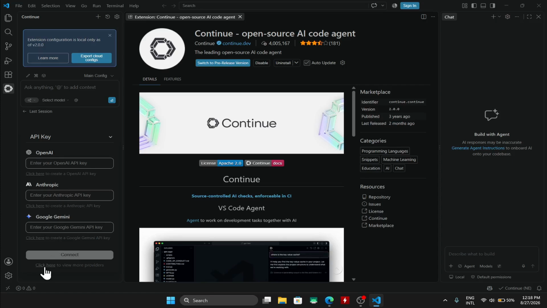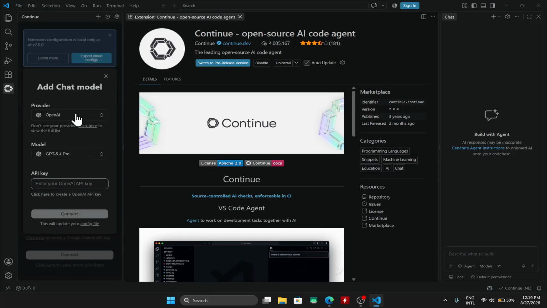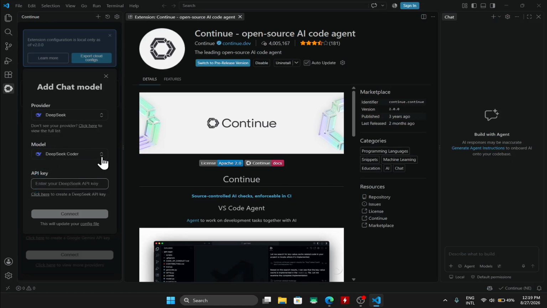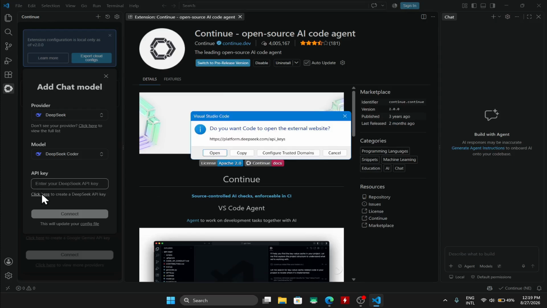We can also click on the Click Here option underneath the API key sections. Now here underneath Provider, click on the drop-down menu, and then choose Deepseek. Now we can also choose the various different models, which for VS Code is the Deepseek Coder. Once you have chosen Deepseek Coder, click on the Click Here option underneath the API key box to create your